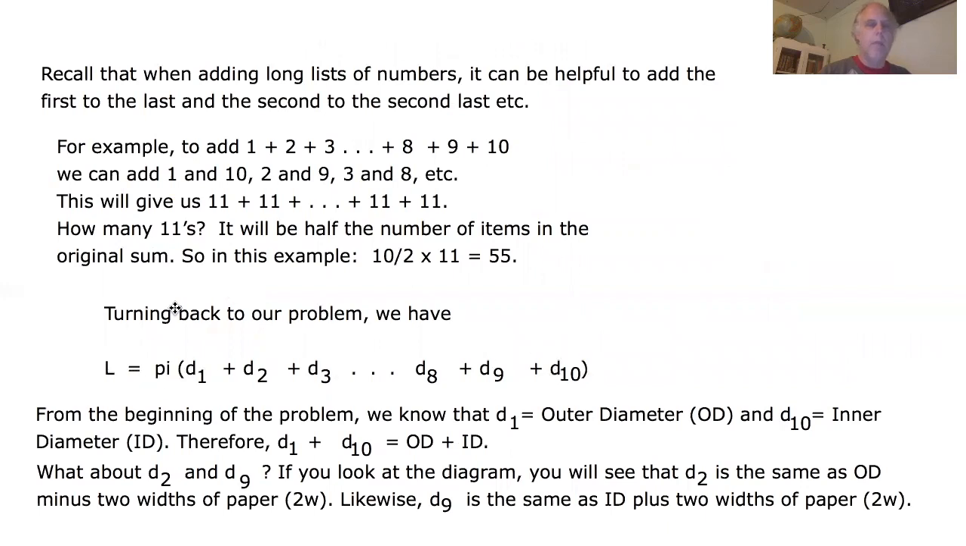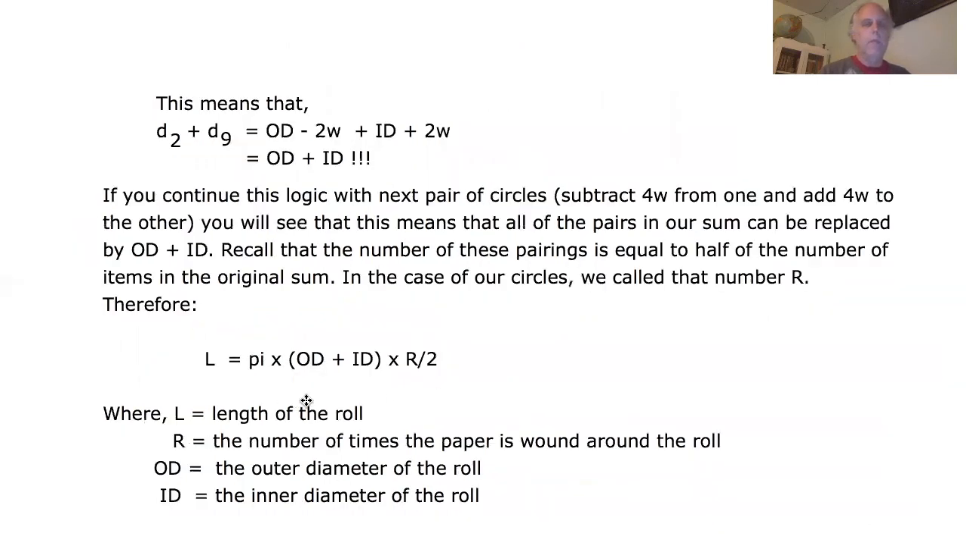So now we can replace this lengthy formula here, length equals pi times the sum of these things. Now that we've paired all of these up, the first and the last, the second and the second last, and so forth, and multiplied those pairings by R divided by 2, we get this formula here. The length of our toilet paper roll is equal to pi times outer diameter plus inner diameter times the number of times the paper is wound around the roll divided by 2. So L equals pi times OD plus ID times R divided by 2,